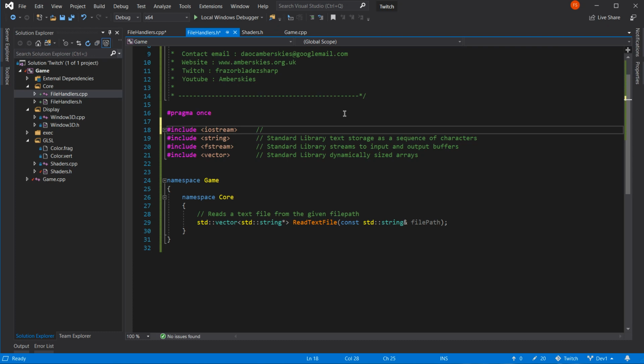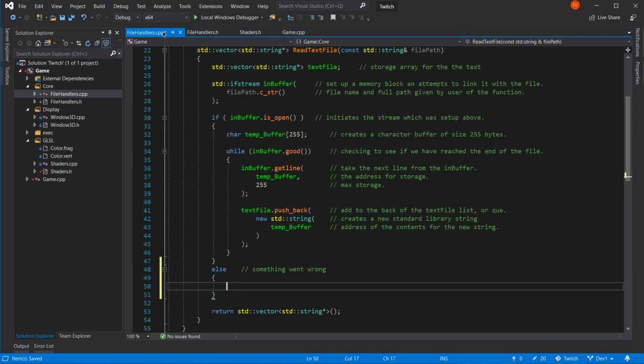And that is standard library input or output to console. Yep, I'm happy with that. Right, now I can do it. So now I can do standard cerr.